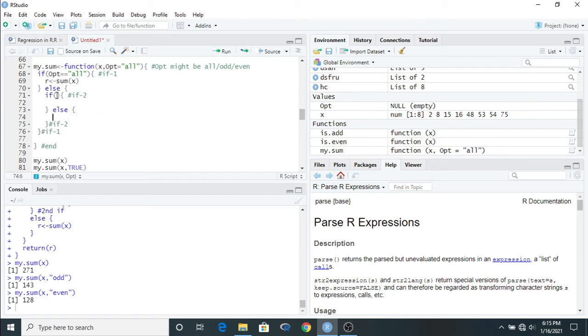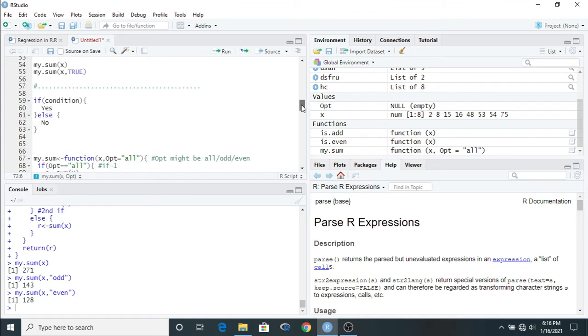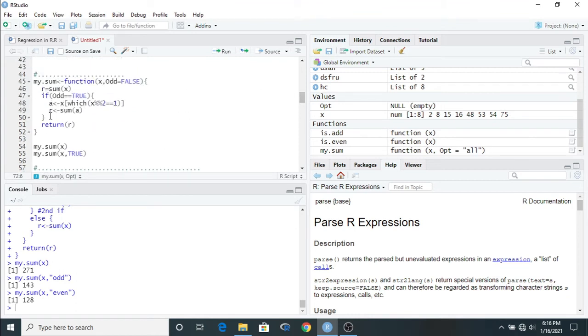So the condition: if the option is equal to odd, then what is the result? We already discussed odd, so we have to identify the odd numbers, then make the summation of all these odd numbers.